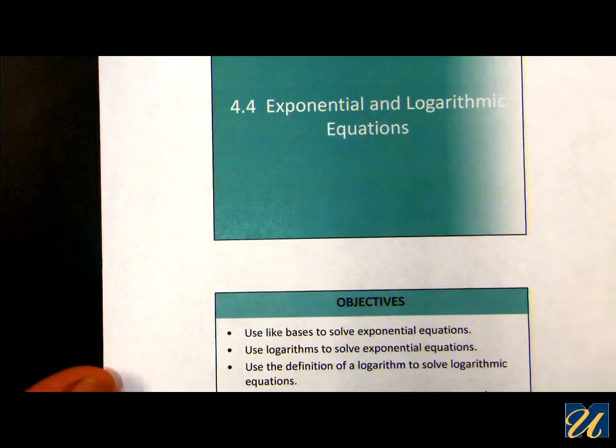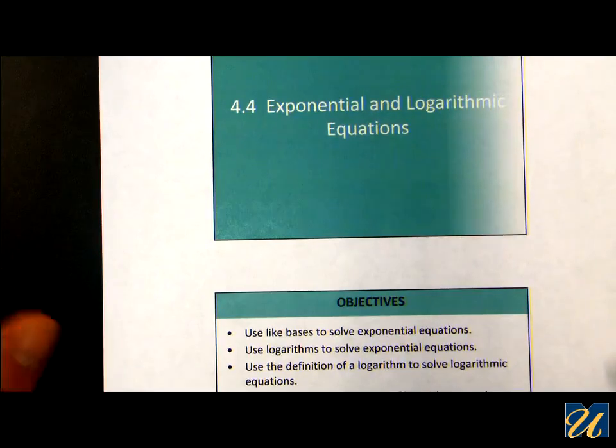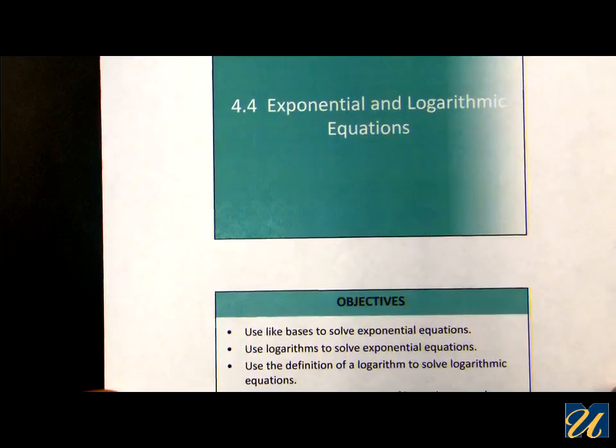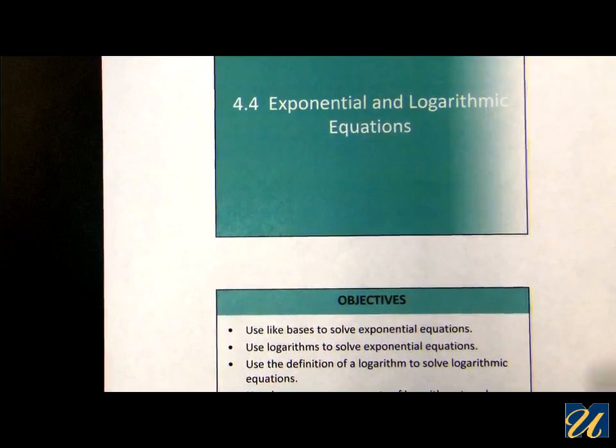Section 4.4, exponential and logarithmic equations. The goal here is to be able to solve exponential equations, and there are two methods that we can use